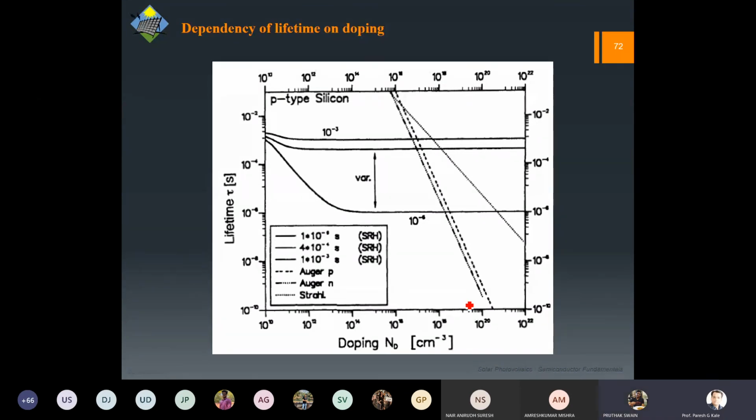Boron or aluminum, right? So obviously here what is happening is whenever we put more dopant atoms, let us say the Al is more. Now what happens when you give more minority carriers? Already there is a very high amount of majority carriers present. When you increase this concentration, there is more possibility that more majority carriers are going to annihilate, right? So as you increase the doping, the recombination possibility would be higher.